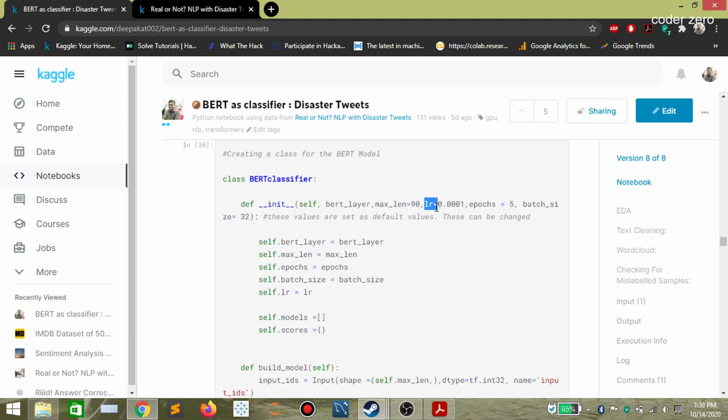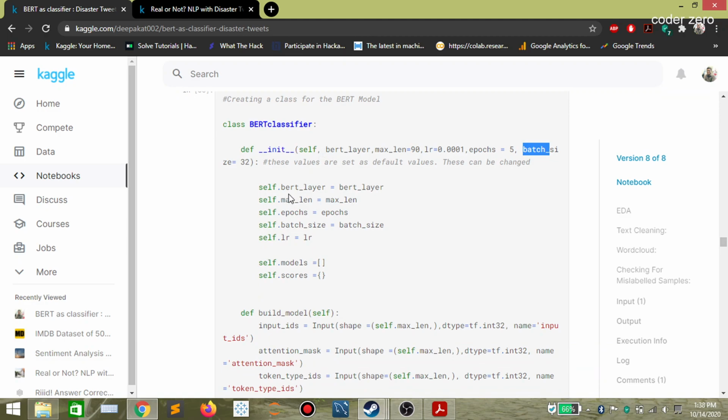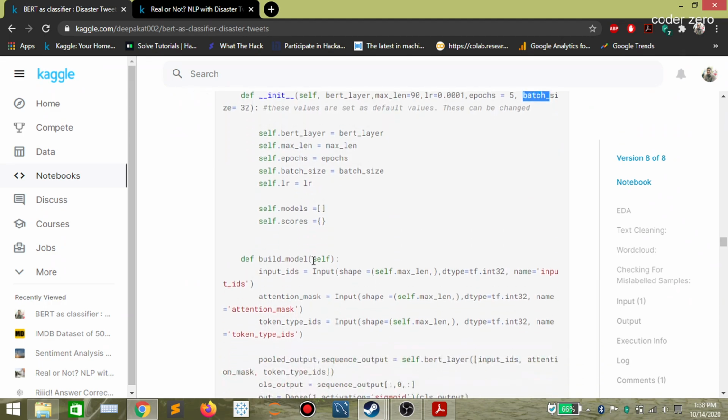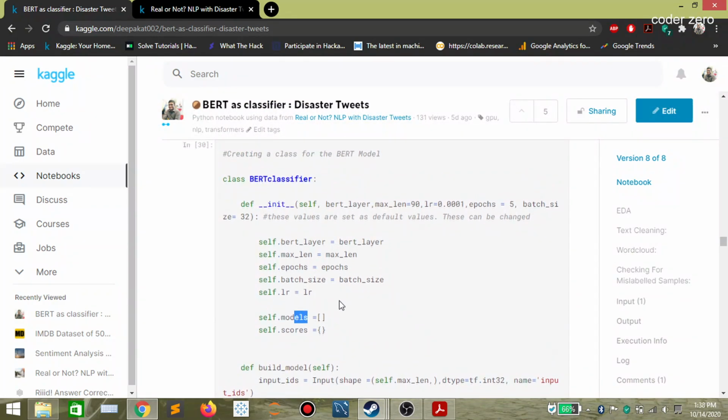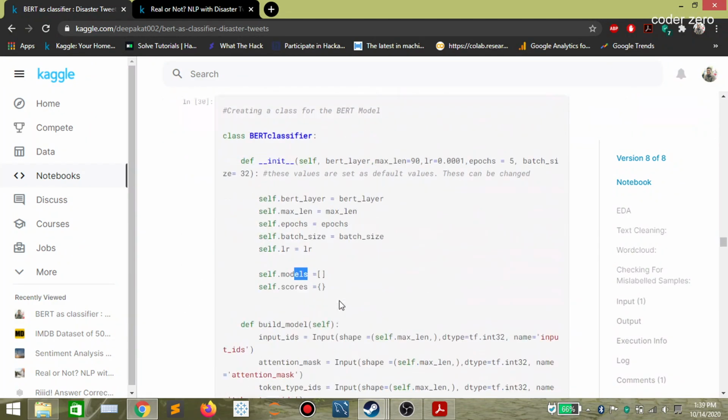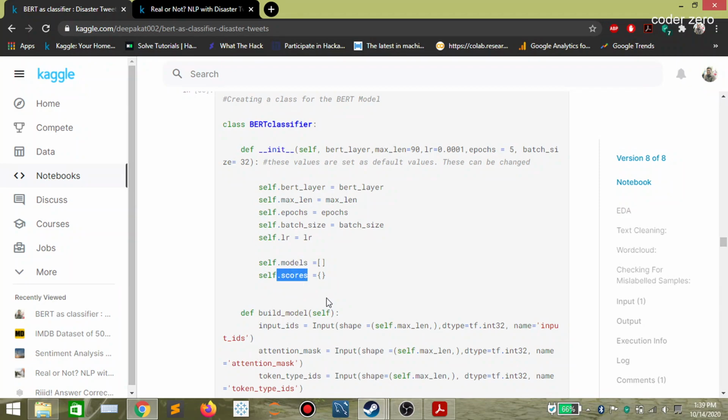Learning rate is this one, epochs is 5, and batch size equal to 32. So we are creating variables for this class: BERT layer, max length, epochs, batch size, learning rate. Then we are creating a model list, where we will be saving models after each split. We are creating scores also.